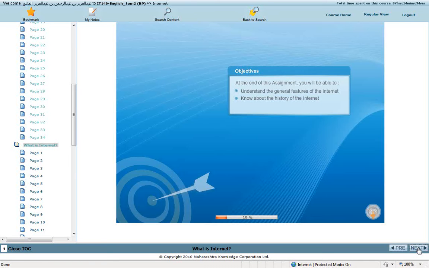Objectives. At the end of this assignment, you will be able to understand the general features of the Internet, know about the history of the Internet,